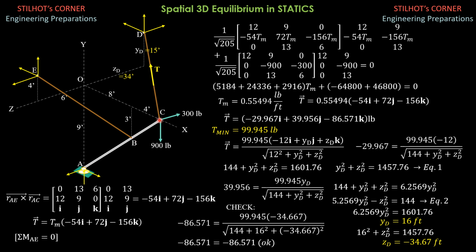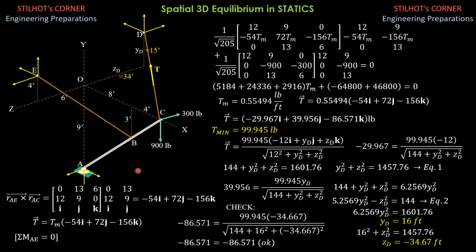To maximize the distance of that tension so that it will be perpendicular to AE, and to minimize T. So that's the objective. So this is now T. Summation of moment about AE equals 0. Then remember, this is R AC cross T, so that lambda of axis AE. It's the same for lambda of axis AE, and R AC is the same.